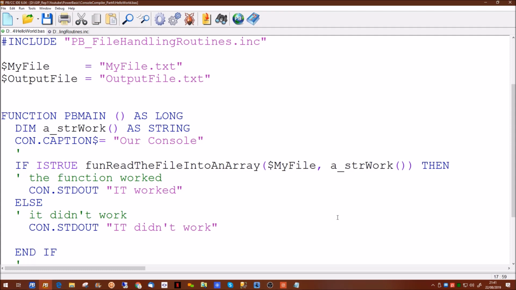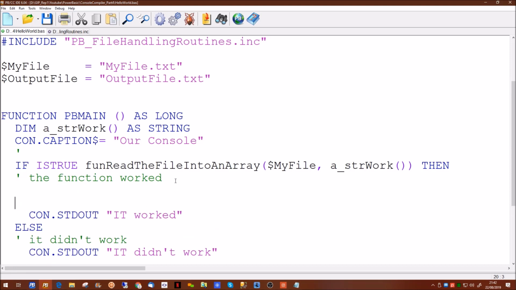Doing it this way, we're actually passing a reference to the area in memory, and we're going to let our new function redimension the array to the size we actually need and return true if it works. And we can put our post-production code down here. So let's create this new function,